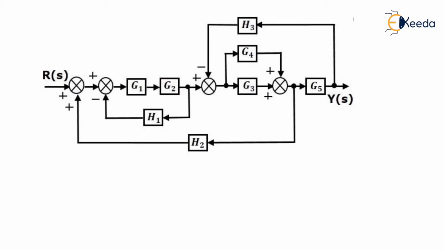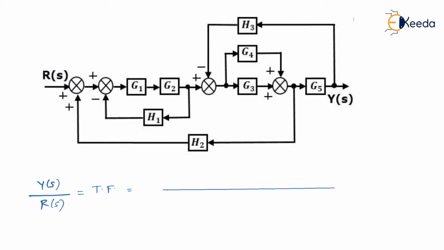diagram. But following the procedure is just to know the traditional method. Instead of solving by the traditional method, we follow a shortcut method. So let me explain the same problem using the shortcut method. What I'll directly write is Y(s) upon R(s), that is nothing but the overall transfer function. Remember, it is always in the form of a ratio.